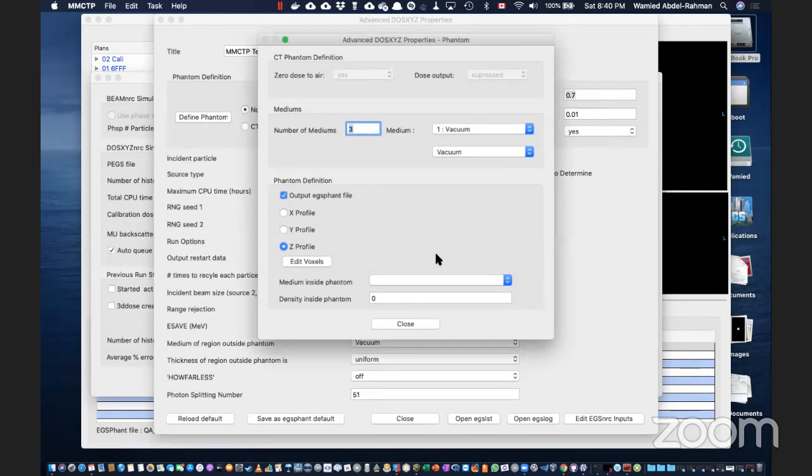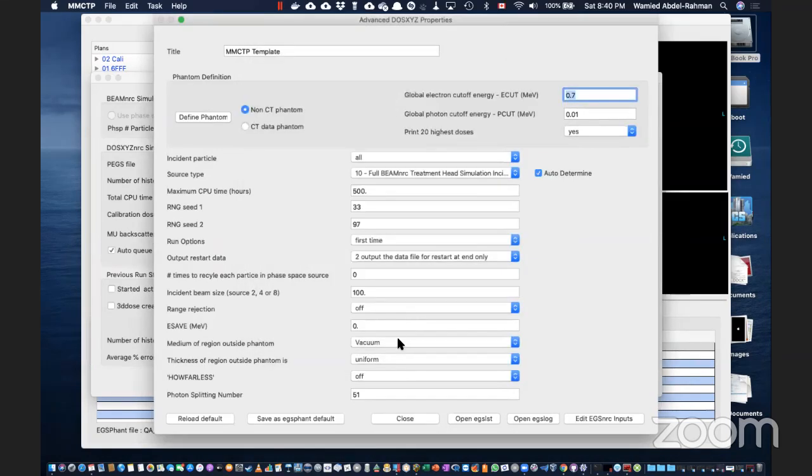So select on this, and then medium inside phantom, that is water, and the density is 1. And here we're going to put this as air. So let's close